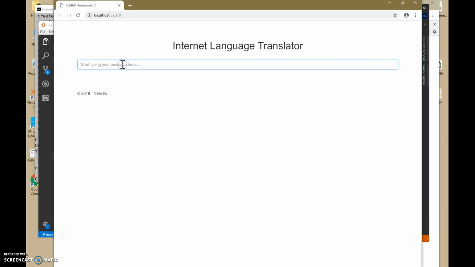So you can start by typing in a message. And you can see down here that the words that weren't sent to the API were returned and the GIFs were not. But you can see that